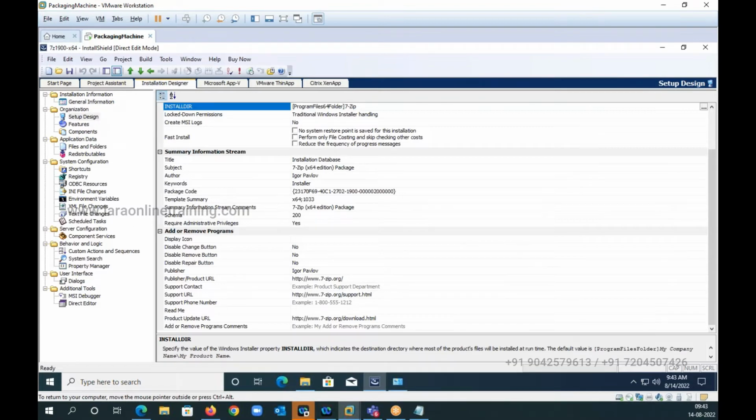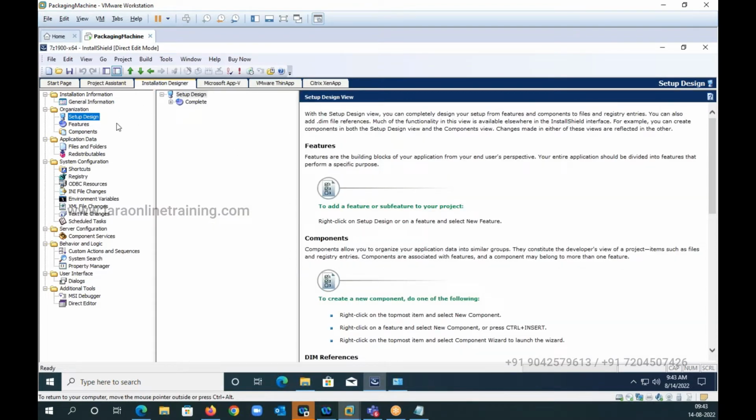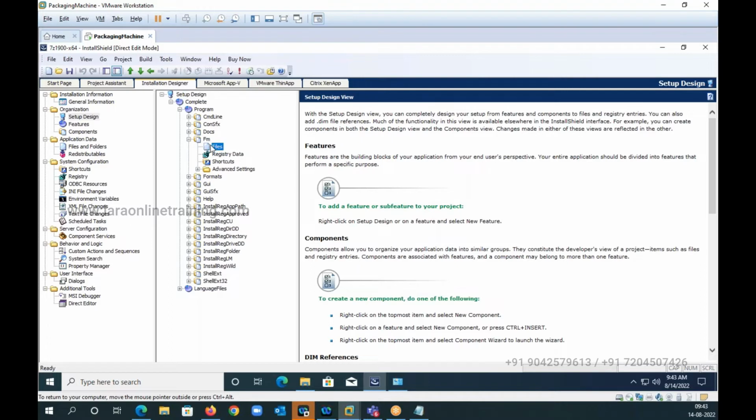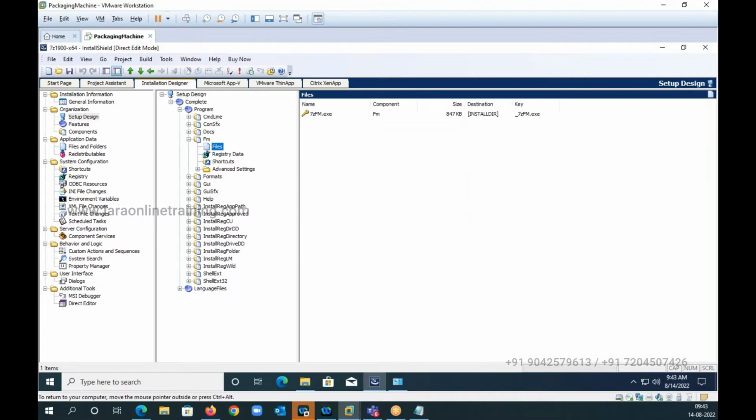Next is your setup design. While explaining the console, let me also explain the architecture of an MSI. Observe this. Under organization, under setup design, I have the architecture of an MSI. That means you have a specific structure for MSI. The architectural structure is,